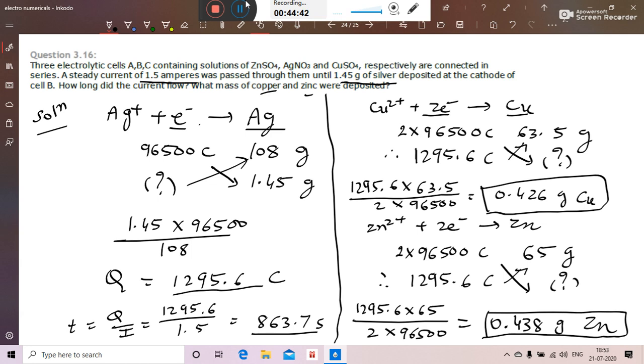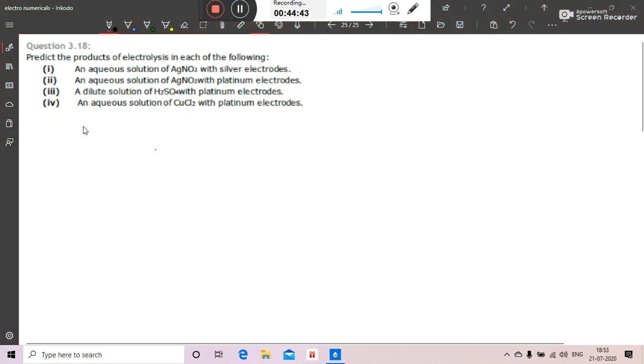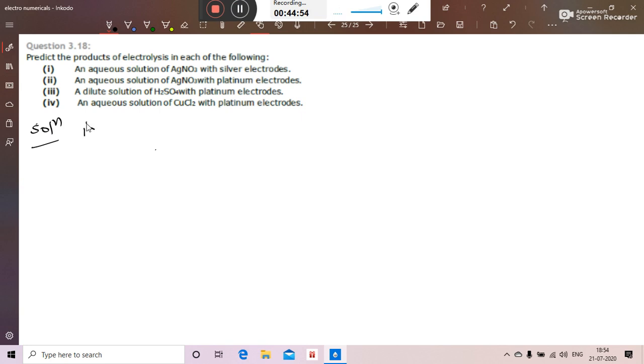Now question 18 is predict the products of electrolysis in each of the following. So in that, number 1 is an aqueous solution of silver nitrate with silver electrodes. Now if active electrodes are there at anode, then they will participate in the reaction at anode. So at anode, silver electrode will undergo oxidation to form Ag+,